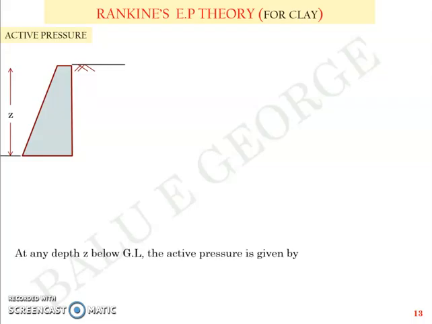At any depth Z below the ground level, the active pressure, when you have a c-phi soil, cohesive frictional soil, is defined by Ka gamma Z minus 2c root Ka. Z is the same H that we used for the earlier case, just for us to discriminate between clay soil and sandy soil. I have marked this at Z. Okay, gamma Z minus 2c root Ka, where c is the cohesion of soil,